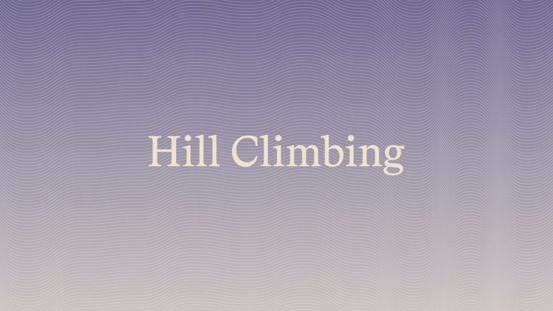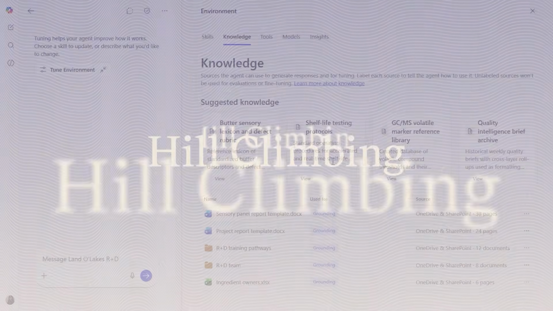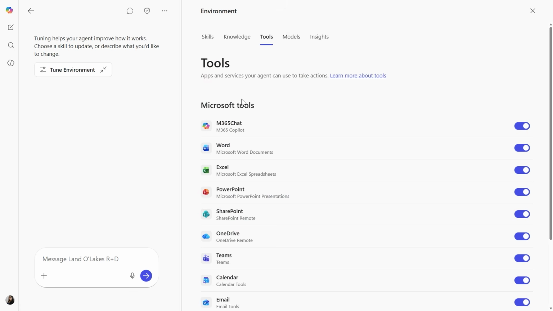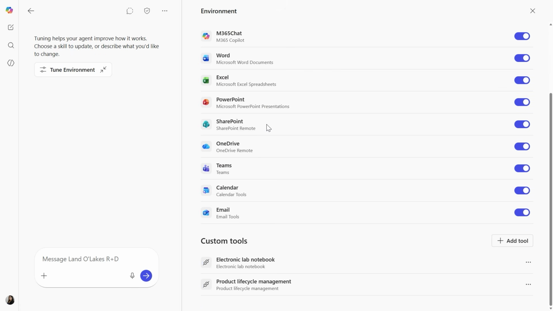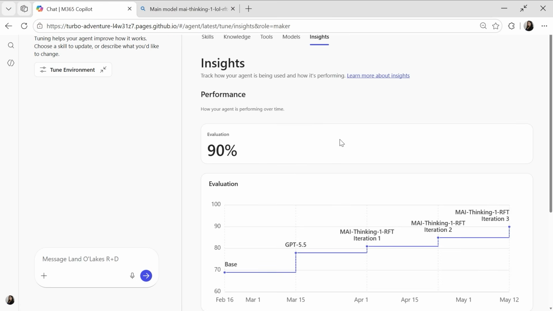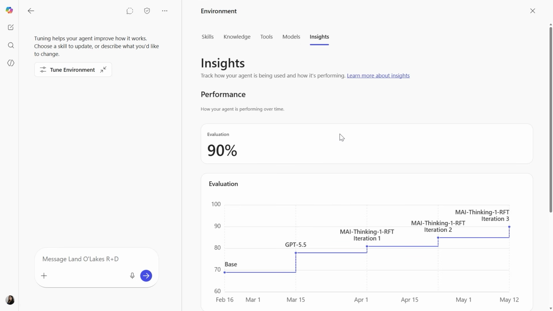Hill climbing is about allowing the model to constantly be learning on new data and new tasks and being able to have an ongoing loop that's sort of moving up and to the right that ensures that the model is always learning and understanding the right response or the wrong response and learning from that information. And we allow our customers to do that too through frontier tuning.